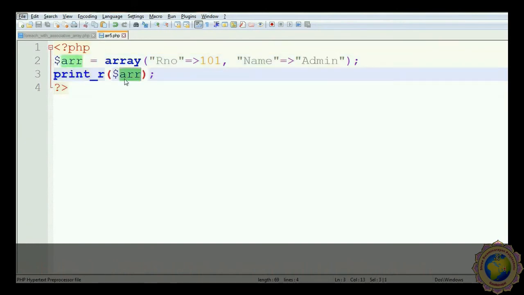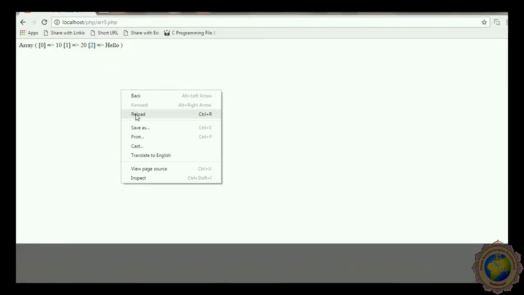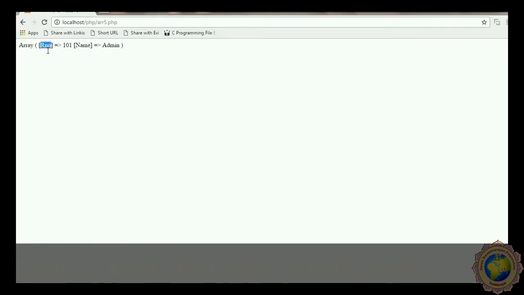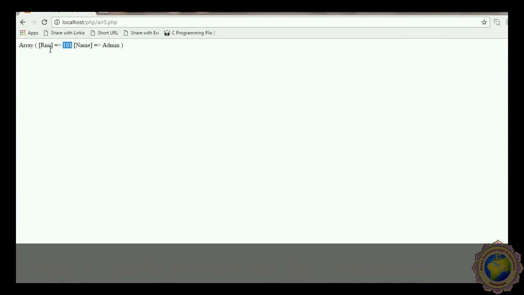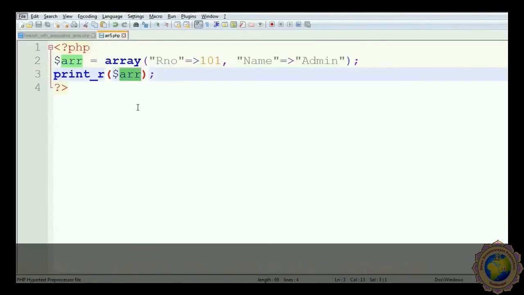So here you can see the values of the array: at index R number is 101, then the index name is admin. So R number and name are nothing but the index size of the variable value, working the same as index values 0, 1, 2, numeric digits and so on.